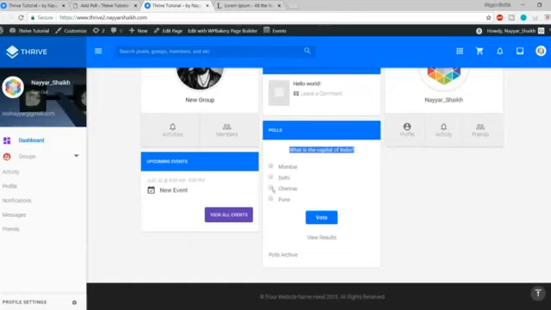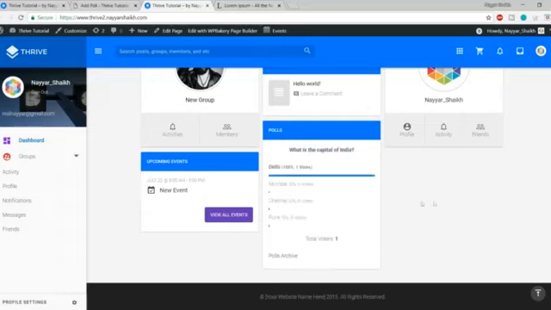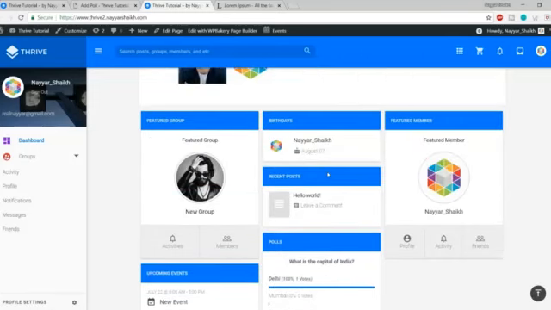What is the capital of India? And the answer is Mumbai. No, not Mumbai, it's Delhi. Let's click on vote. You can see only one vote by now and 100% people go with Delhi. So now let's see